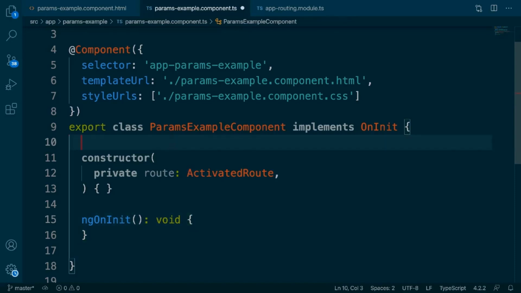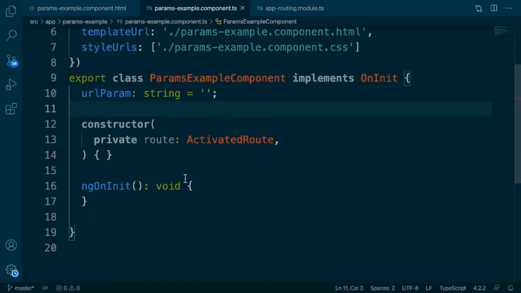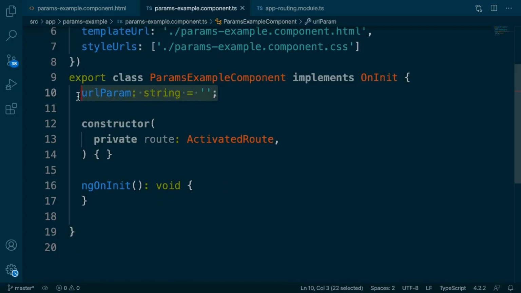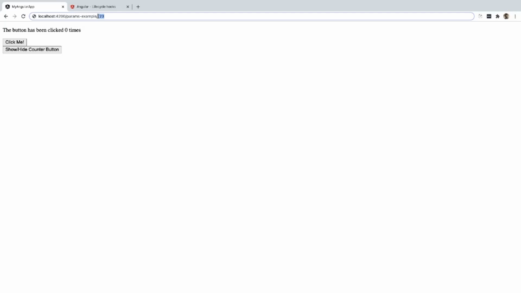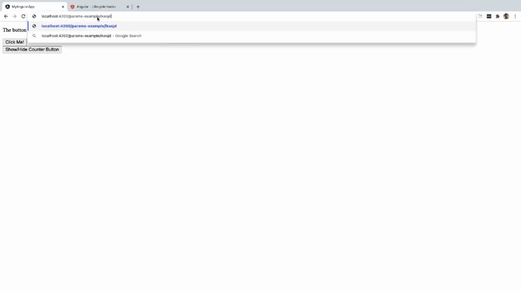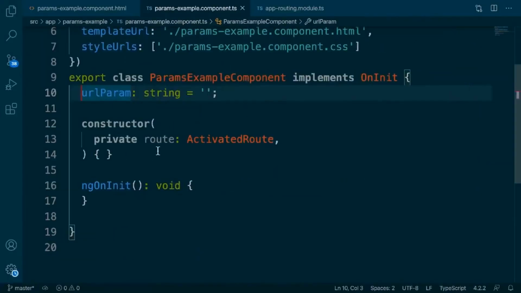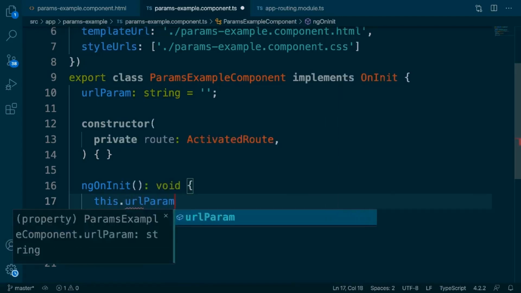If we have a member variable here called something like URL param, which is going to be a string, and it's going to start off as just an empty string. If we want to set the value of this member variable to the value of the URL parameter, in other words, if we want it to be 123, or if we type in something else, we want it to be that, and so on. What we're going to do is use the ActivatedRoute, and inside ngOnInit, we're going to say this.urlParam equals